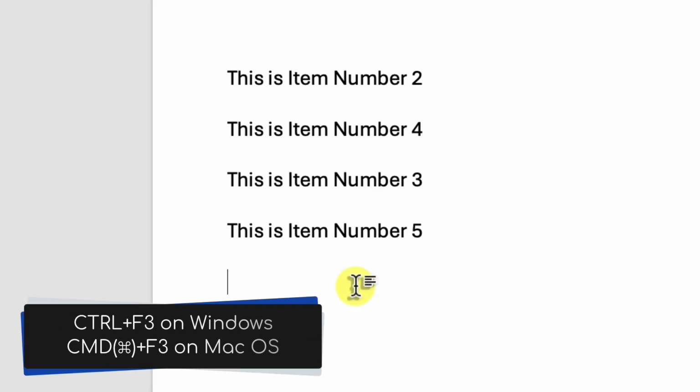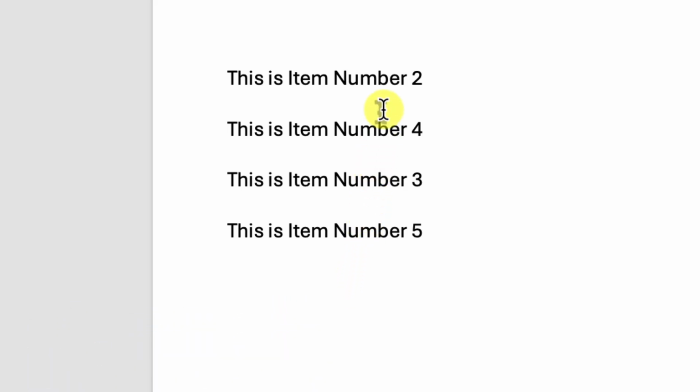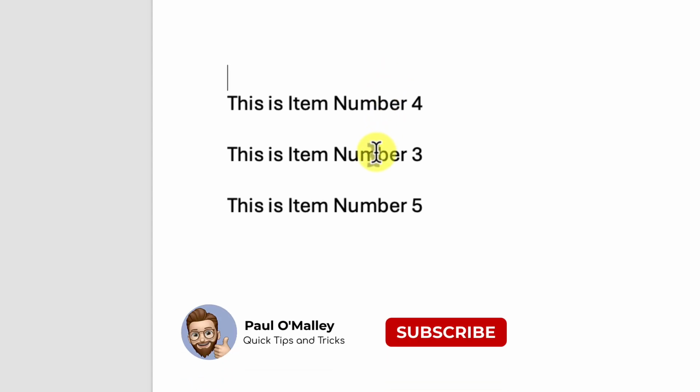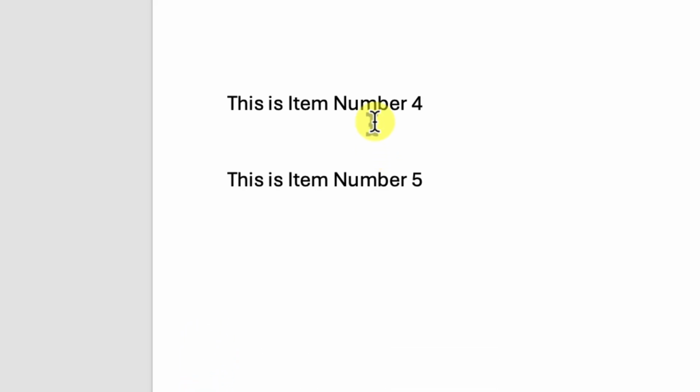Spike allows us to cut multiple elements in order and paste them all at once in that order. The shortcuts for it are a little unusual, but to add elements to the spike, select them and press Ctrl-F3 on Windows or Command-F3 on macOS. This will then cut the item similar to the general cut command, but spike allows us to then perform the same action on other elements one after the other. It's essentially a superpowered clipboard that is built natively into Word.